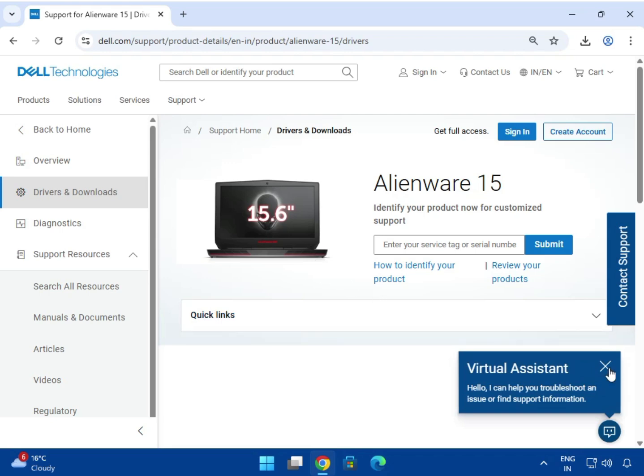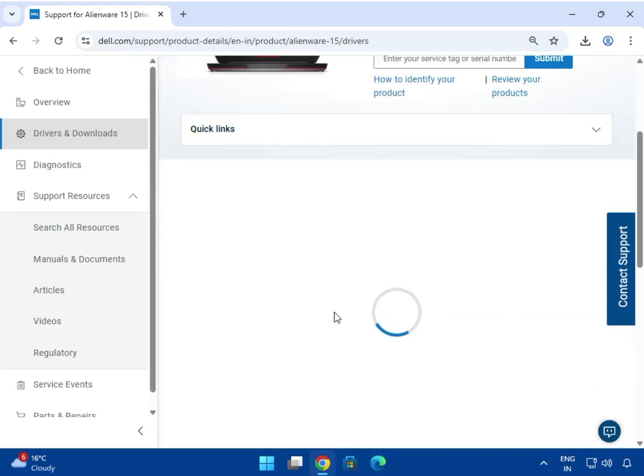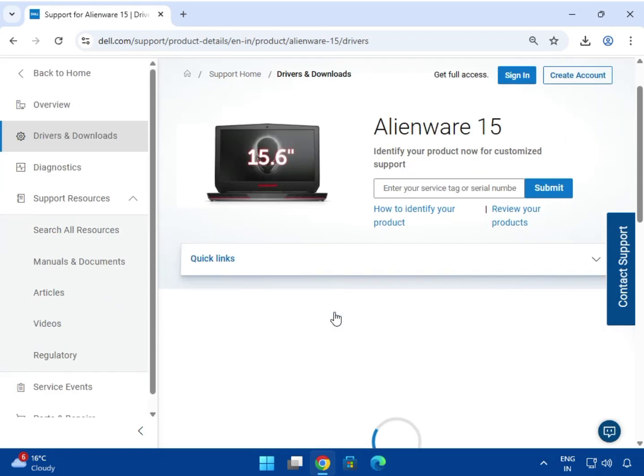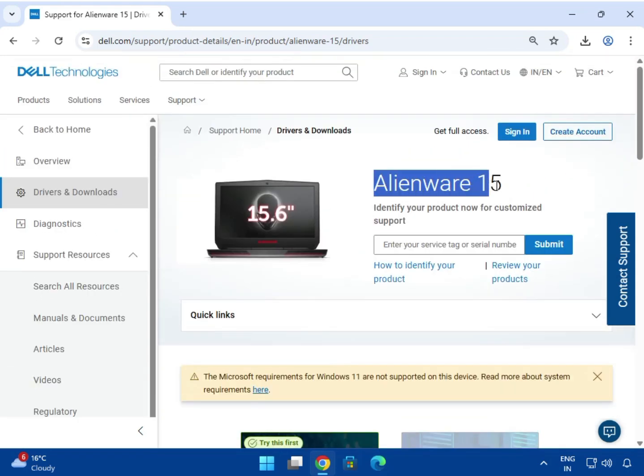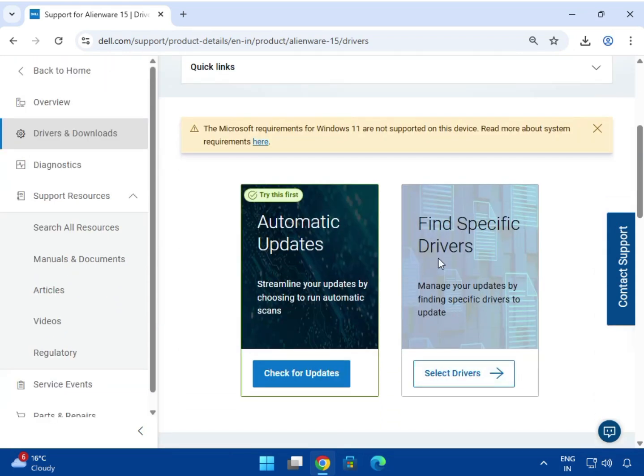Okay, wait a few seconds to synchronize. So this is your laptop. Scroll down, click to find specific driver. You can check the automatic option, so you can select automatic, which means you can see the required driver and then